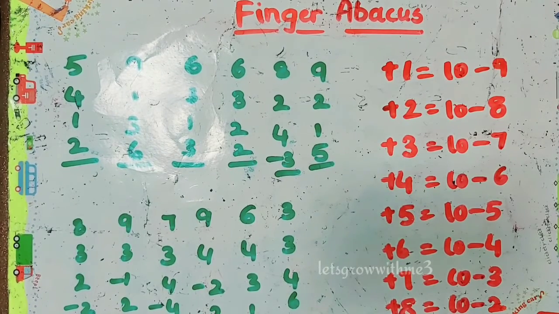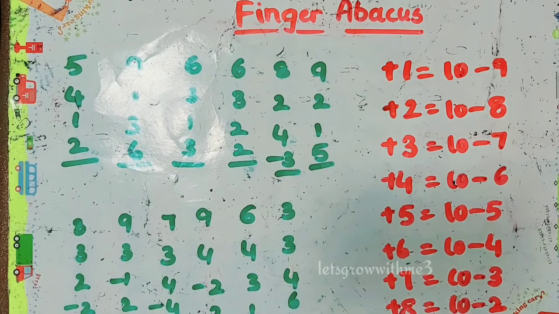So there are two numbers. When we add those two numbers, we should get the answer as 10. Then we will call those two numbers friends to each other, means big friends to each other. For example, if you observe the right corner of the board, all the formulas are written. If you see each combination, the result we will get is 10.